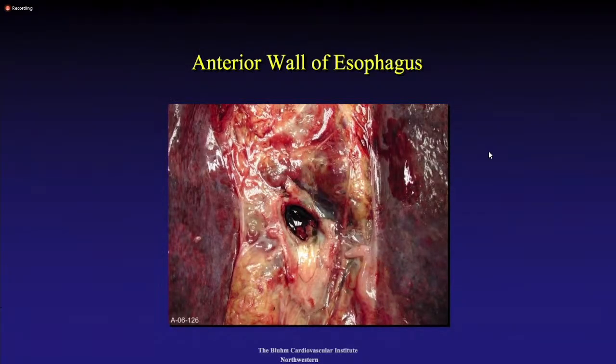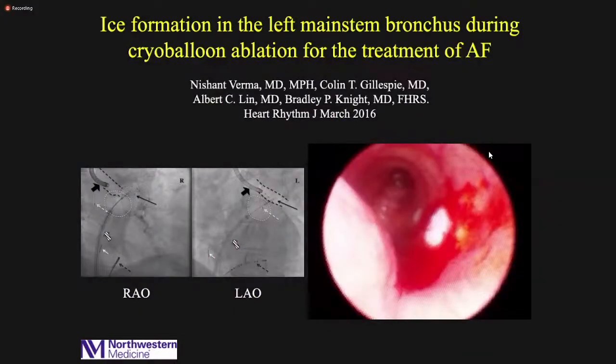This is the most dreaded complication, atrial esophageal fistula. This is a patient from probably 18 years ago at another hospital who died of an atrial esophageal fistula from RF. I think cryoballoon is safer on the esophagus, but if you're going to use RF, be super careful about avoiding esophageal injury. This was a study that we did just in terms of collateral injury and minimizing collateral injury. Nishant